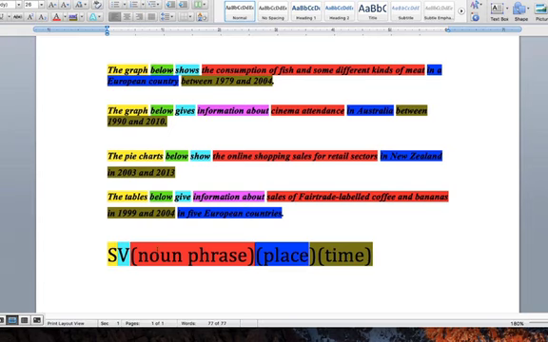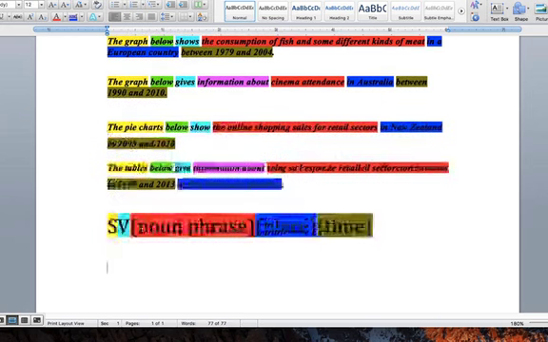This is not the noun phrases that we're using in our subject. It might be, but don't confuse the two. Then preposition phrase of place. Sometimes the time is before the place, sometimes the place is before the time, but that's all you need to know. All right. So the way to paraphrase is just to paraphrase each one of these individually.